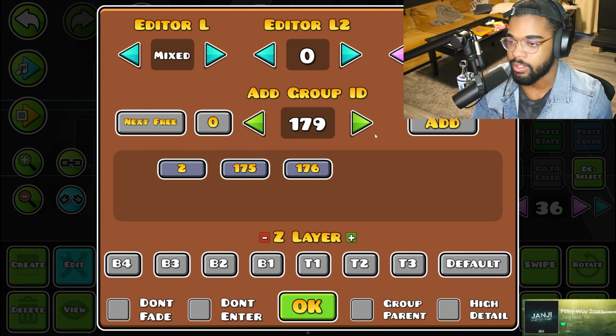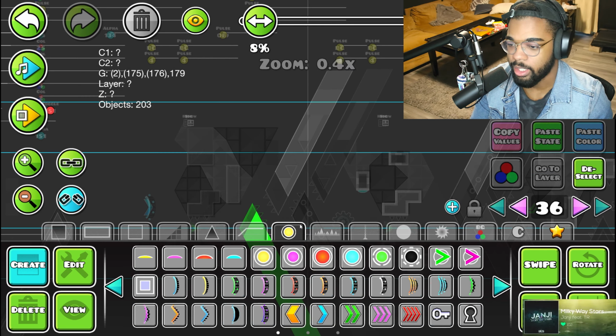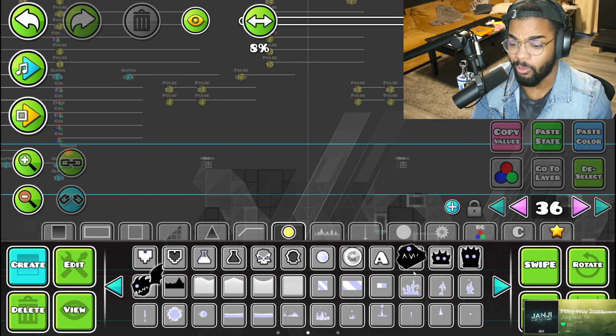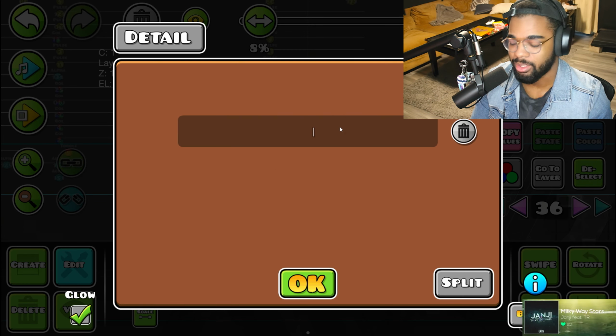Grab these, and now that's it. So we have 179. I'm actually gonna write this down. Whoa, what am I doing? I'm gonna write it down with a move trigger? Yeah, good job, me. Anyway, I finished up these movements, and how it basically works is that the blocks get